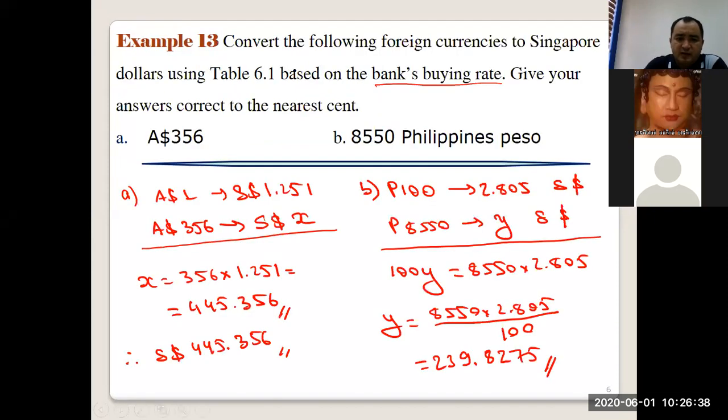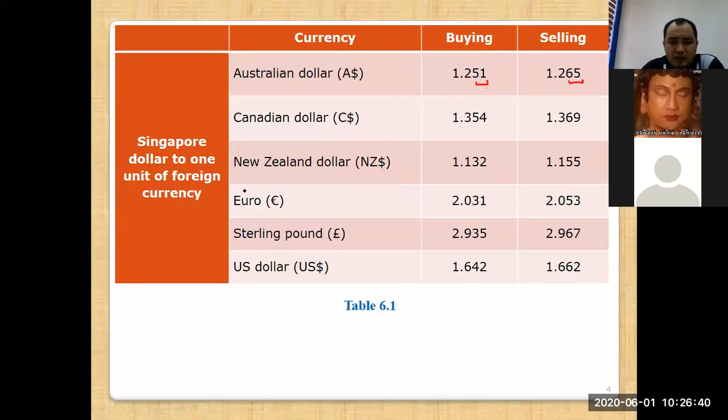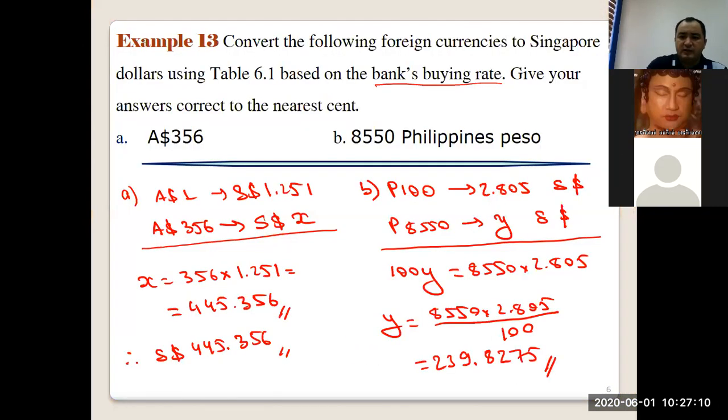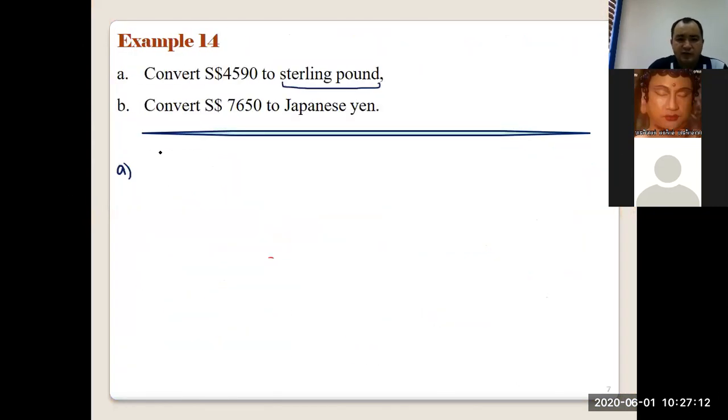Now, if you just go back here, sterling pounds, here we have sterling pound, right? And you need sterling pound, you are buying from the bank. So we need to use this selling rate, right? Because you are buying the sterling pound from the bank. If you sell sterling pound to the bank, the bank buys at this rate. If the bank sells sterling pound to you, they calculate it at this rate. It is 2.967. Actually, I have in the paper. So here I need to use this rate. We need to use it for the bank. It is selling rate,